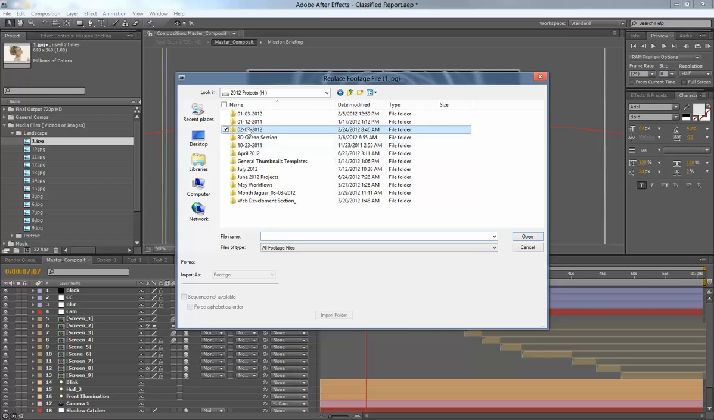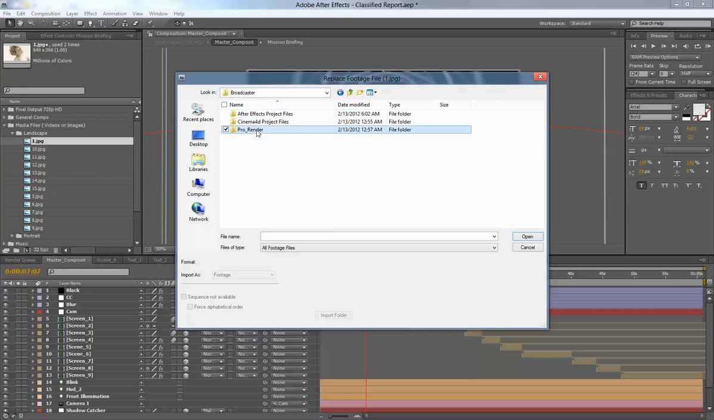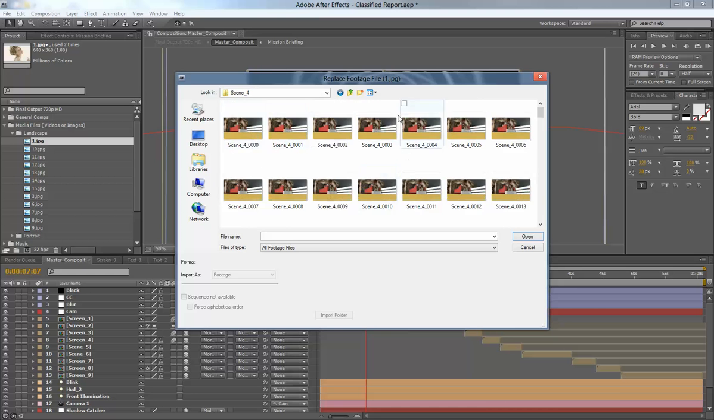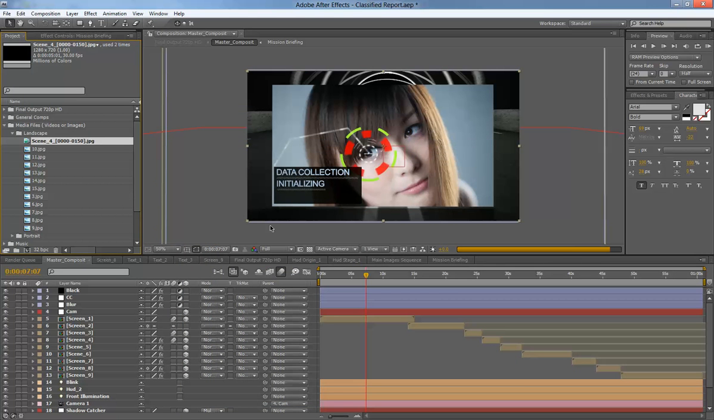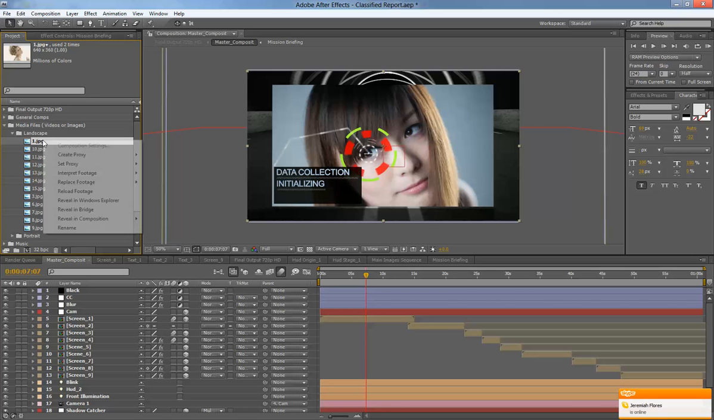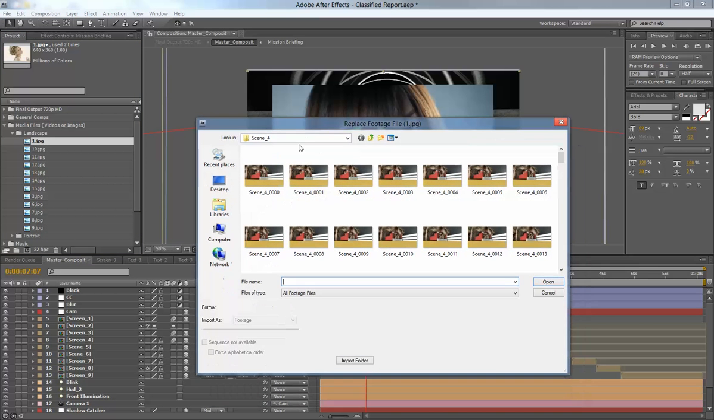Just locate it. For example, let me change it with this thing. So sorry, one other thing that you need to keep in mind, that after clicking on file option, you actually